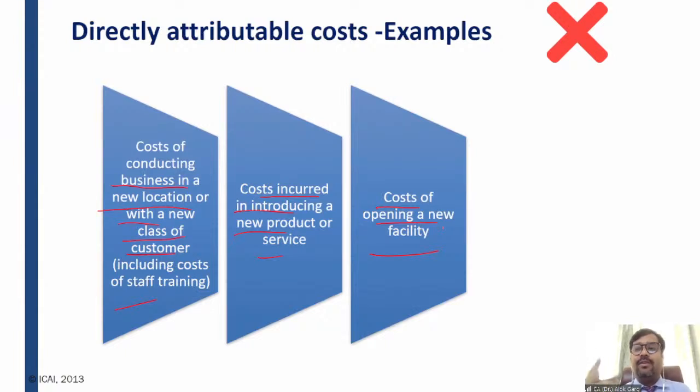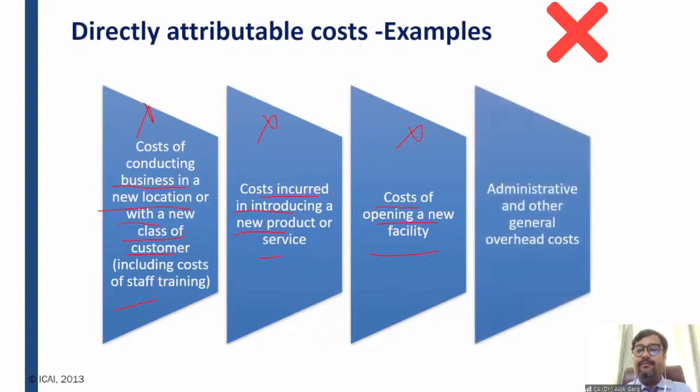Amitabh Bachchan to cut the ribbon of that factory, okay? So in that case, if there is a cost of opening a new facility, so of course it is something which is afterwards, when the asset has been brought into the condition and location necessary for operating as intended by the management. So these kind of costs are not going to be capitalized. Rather, these kind of costs will be charged to P&L, right?